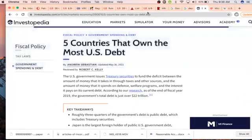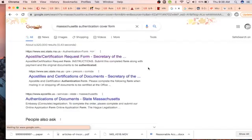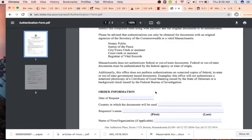So let's look, for example, let's do Massachusetts. I think I have that one up here. Yes, so let's search Massachusetts authentication. There's usually going to be a cover form. Some states call it an apostille. Some call it an authentication or certification. It means the same thing. So this is what you would do. You would fill this form out,